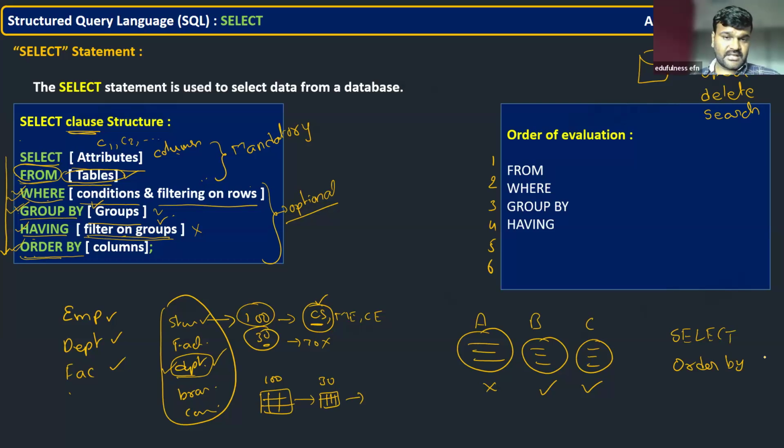Select. Number of order columns. Select. You filter the number of what columns you require, which column is required. Yes, so it's very simple after this. See, after all these four clauses are completed, you have precise data. In that data also, which columns are required.